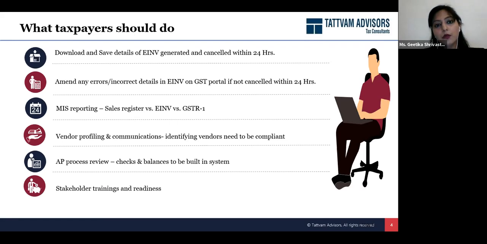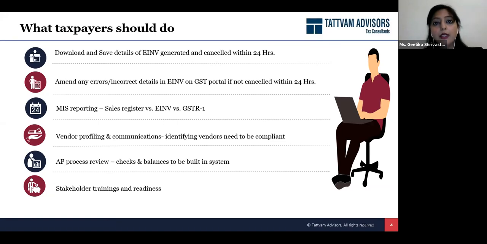Now all this was from the supplier's angle. Now when you are a recipient, it is also very important that when you are supplying, you are ensuring the compliances. But what about the compliances of your suppliers? Like during the implementation time, we all had looked into all those requirements, whether our vendors are complying with the GST requirement. So maybe we'll have to go back in time and do the same exercise again. We all need to do vendor profiling.